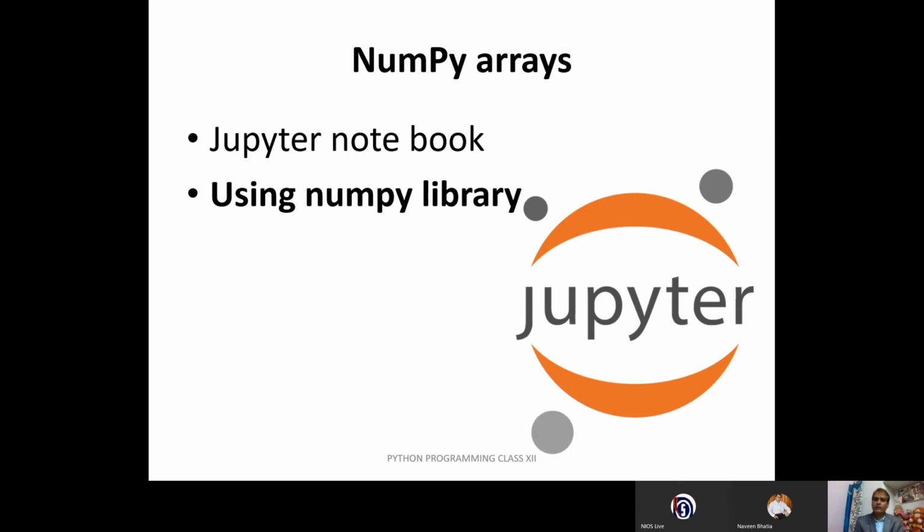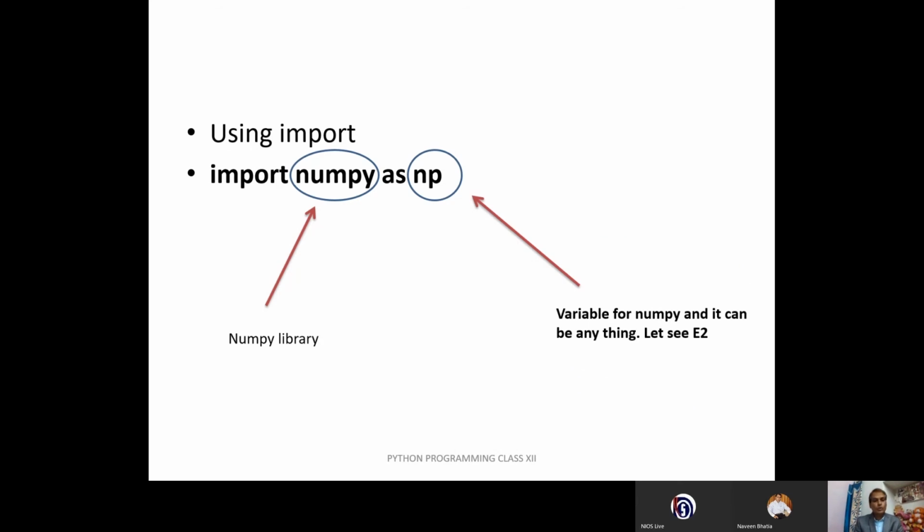One more thing: we will use the NumPy library to learn the array. To use the NumPy library, we have to import it. For that, we will write a line: import numpy as np. When we start our Jupyter notebook, we will have a session on that also, and we will type the first line, import numpy as np.